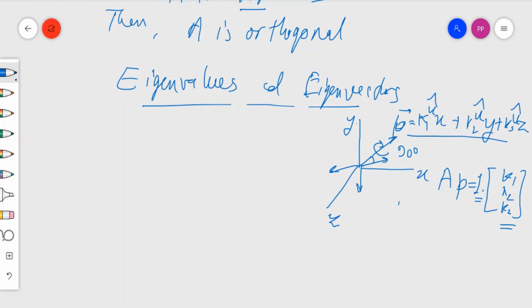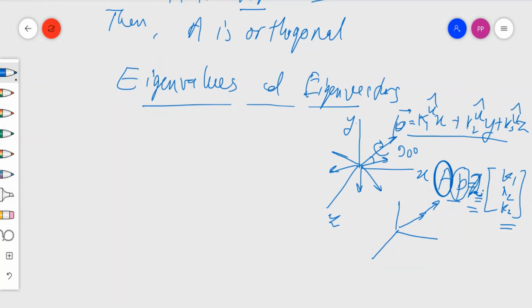Similarly, there is an example in which such a vector p on matrix operation increases in length. Suppose here I have coefficient 2 multiplied by 2. Again, all other vectors will be impacted in magnitude and direction, but p will be impacted only by magnitude, and there will not be any change in the direction of vector p. In that case, I say that p is the eigenvector of the matrix A.